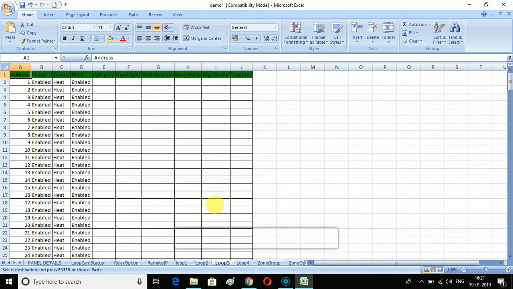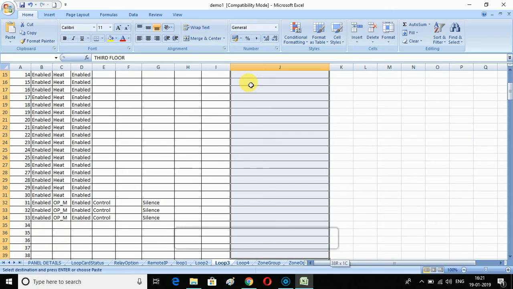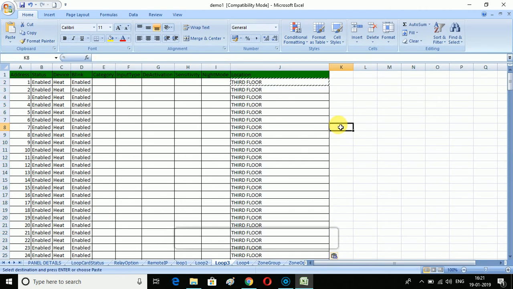Loop number 3, same. Suppose all the devices are on the third floor. Now the location of all the devices is done.